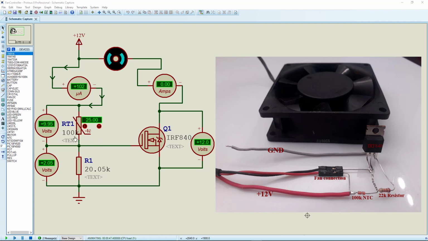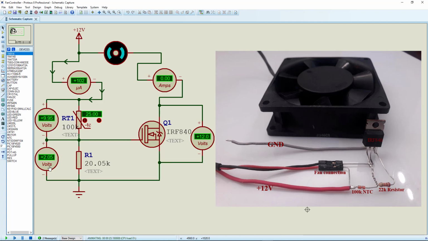So if the resistance is 100K and we have 100 microamps of current flowing through, that means by Ohm's law the voltage drop across it is going to be 10 volts. And that's a 9.95. We are getting pretty close. And the same will apply to the voltage drop across R1, because you have basically the same current flowing through since it's a series circuit. And if 100 microamps of current is flowing through a 20K resistance, you're going to have 2 volts dropping across